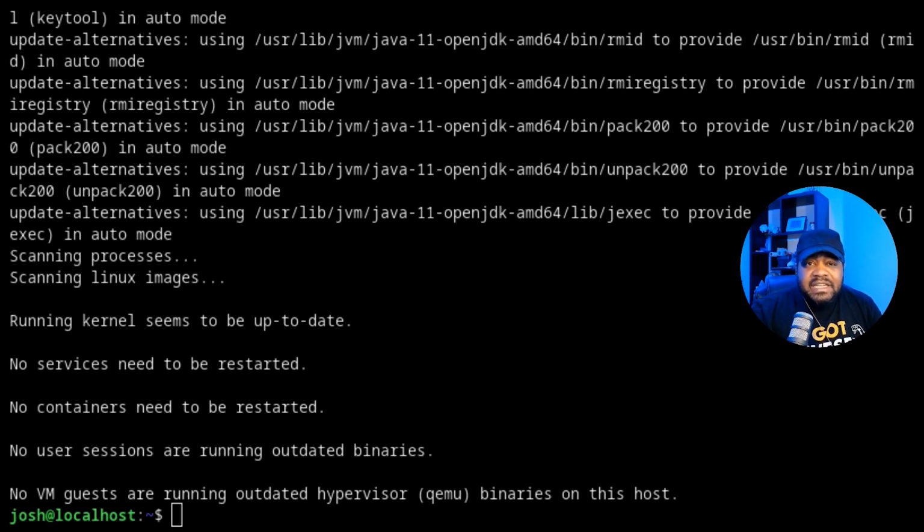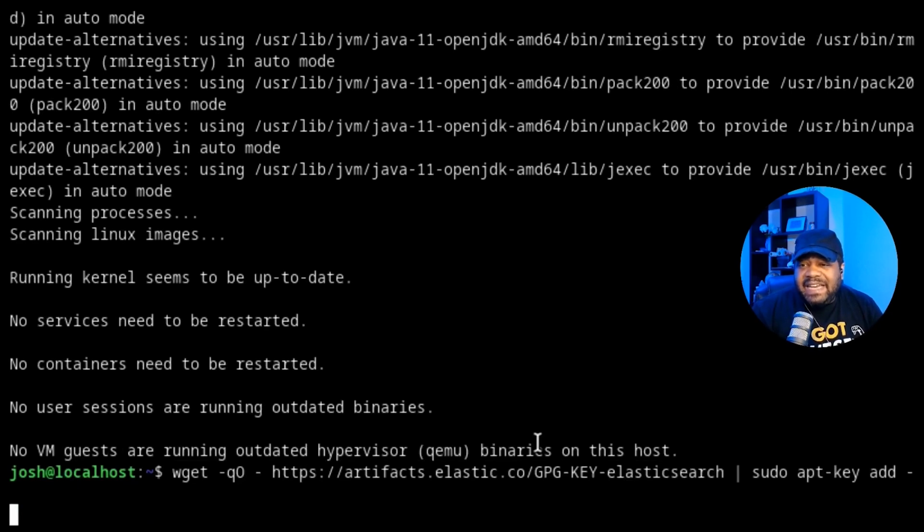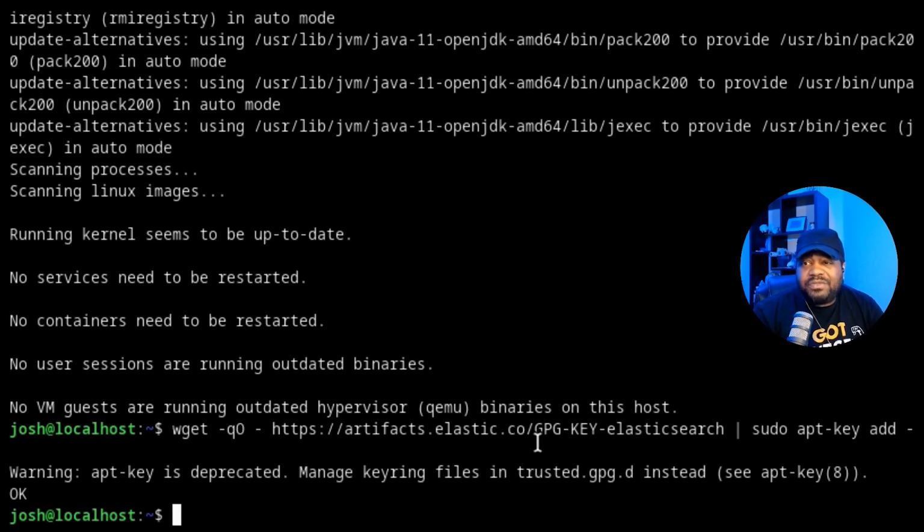And the first thing is to install the official Elastic apt package signing key. So let's go down and paste the command in there. I don't want to type it all the way out. It's a long command, but it's basically adding the Elastic key. You can find that on Elastic's website. That's why I didn't type it out. You want to add that key to the system so we can install from their